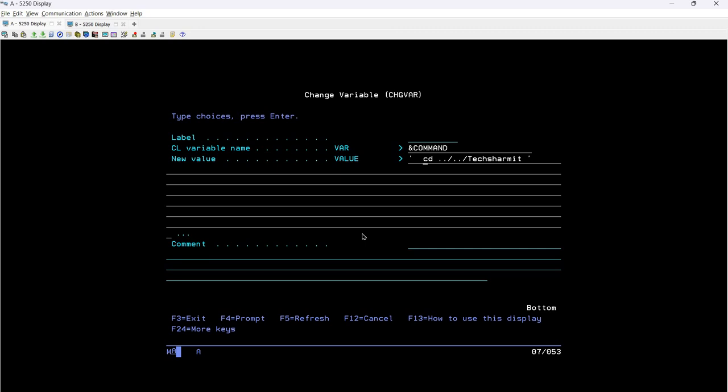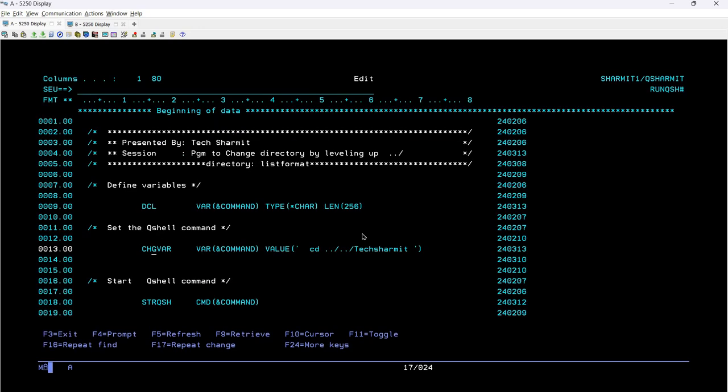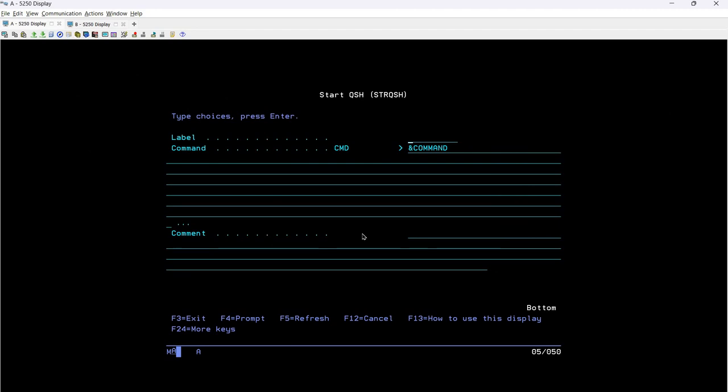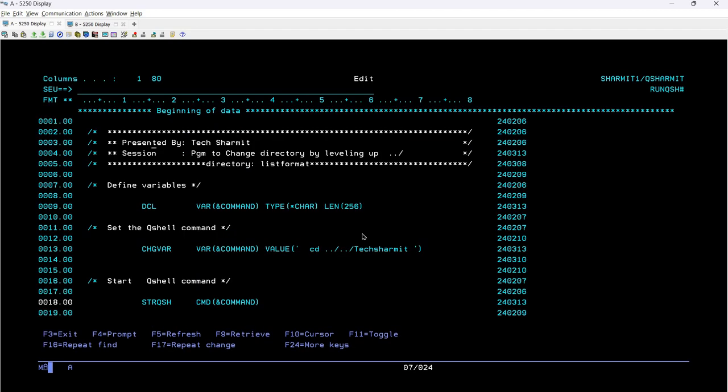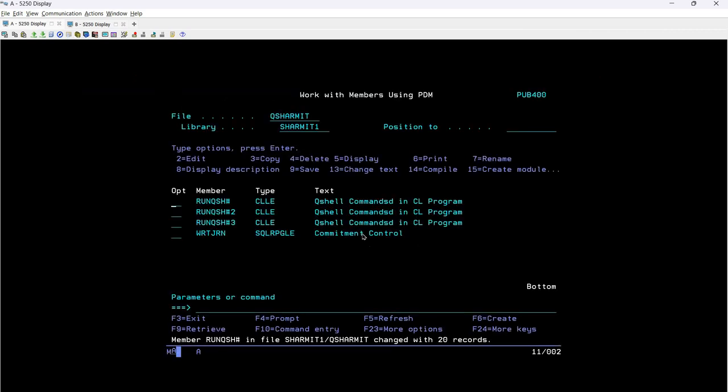When we execute this program, for sure it will give an error, because right now we are not at this location. By default the location is /home/Sharmit, so it will give an error, but that's not an issue because we already covered those scenarios, right? Why it is giving an error. So to execute the command, we are running strqsh and providing the variable name. So we are good with this. So let me compile it